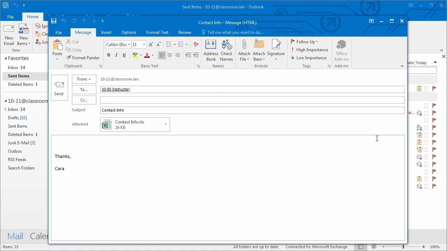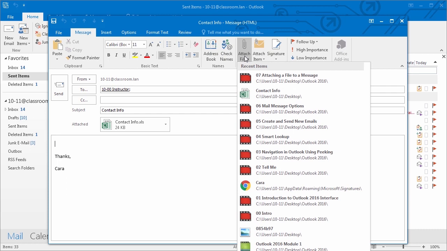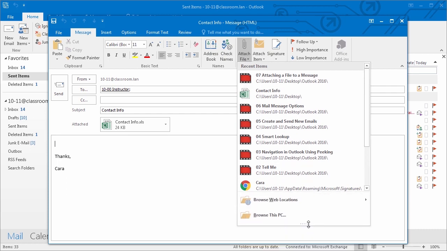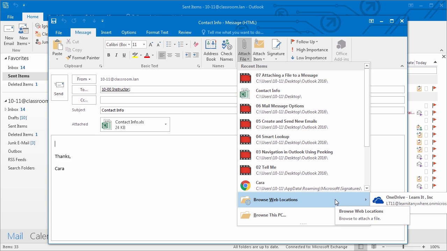In addition to attaching files from your computer, you can also use Outlook 2016 to attach files from online cloud services like OneDrive. I'm going to go ahead from my same email message, choose Attach File. I get a menu, and one of the options is to browse web locations. Because I'm logged in to my OneDrive and I've had that synced to my computer here, I can select OneDrive,